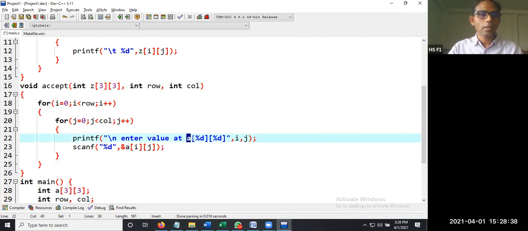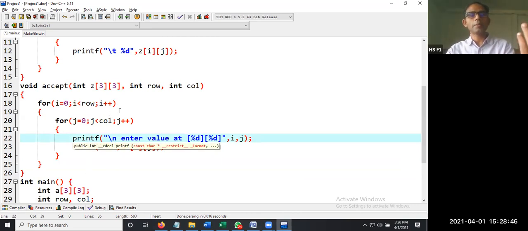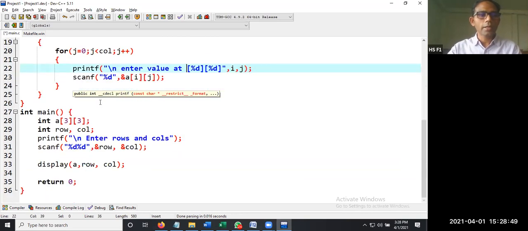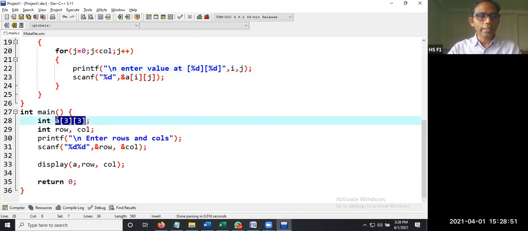Now this A, we are not going to say A, okay? We are going to say only i j. It may be A once, it may be B next time, like that. So here we are having only one array. Let us take one more array, A and B.